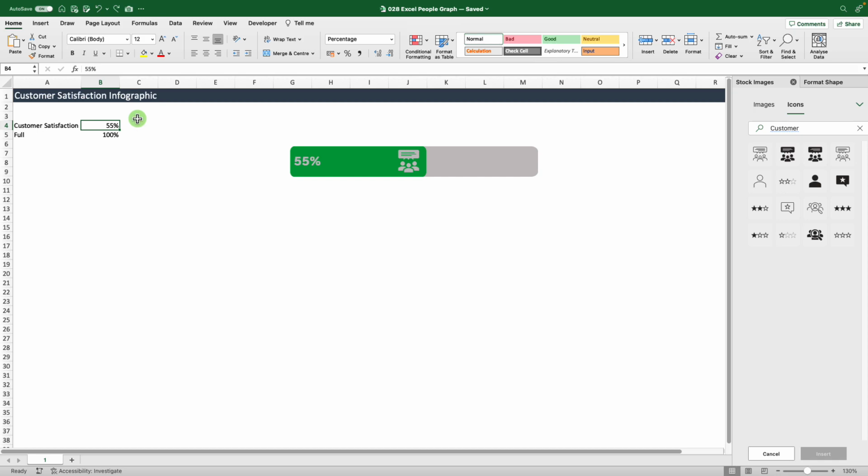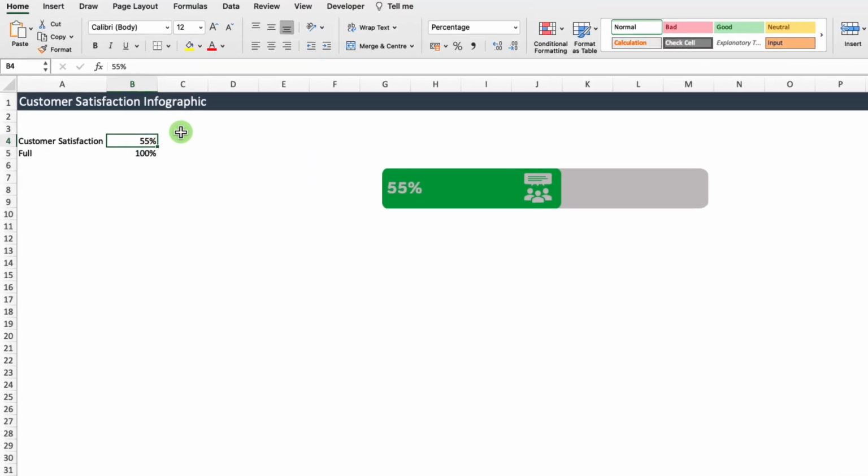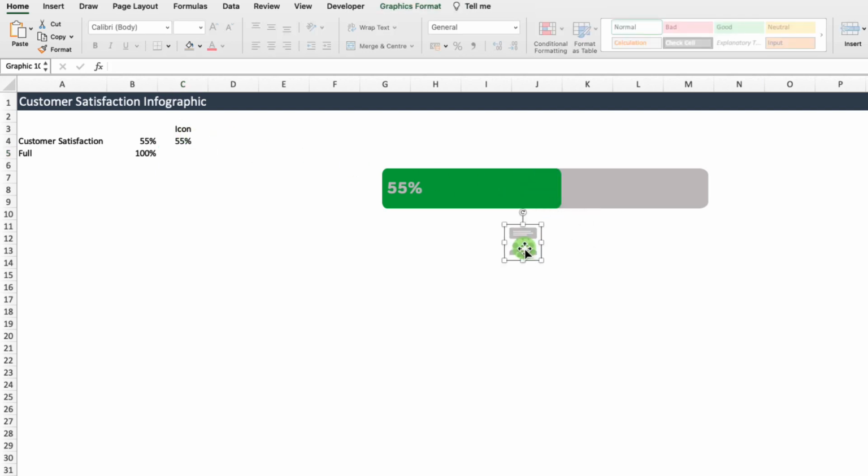So I'm going to add another data set here in cells C4 and C5. So in cell C4, I'm just going to add a header. I'm going to call that icon. And then in C5, I'm just going to link that actually to my customer satisfaction score, like so. Then what I'm going to do is just take this icon out of here for the moment,